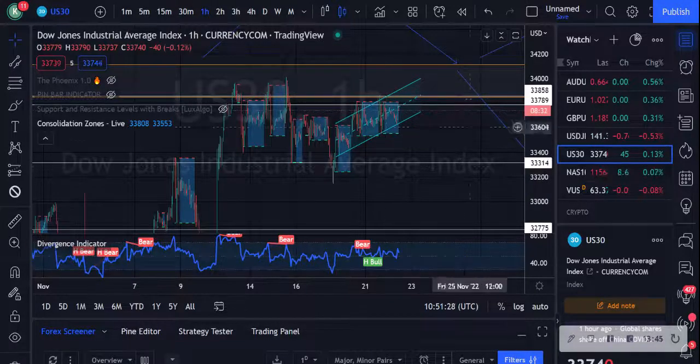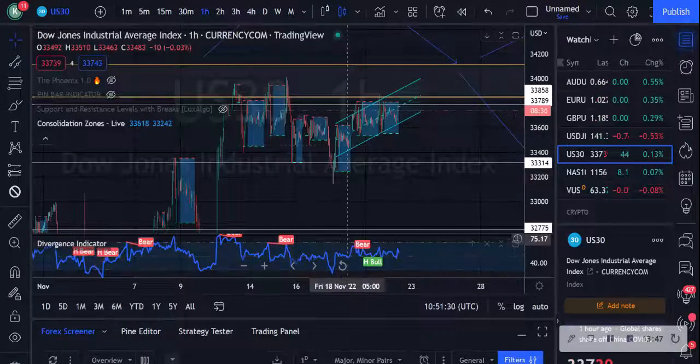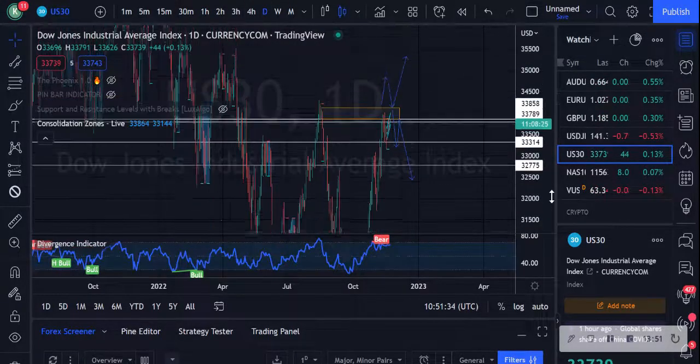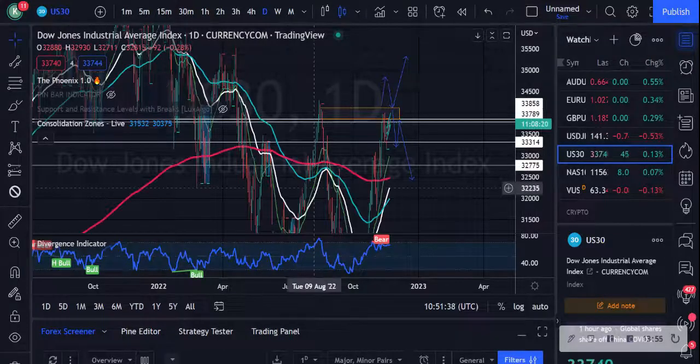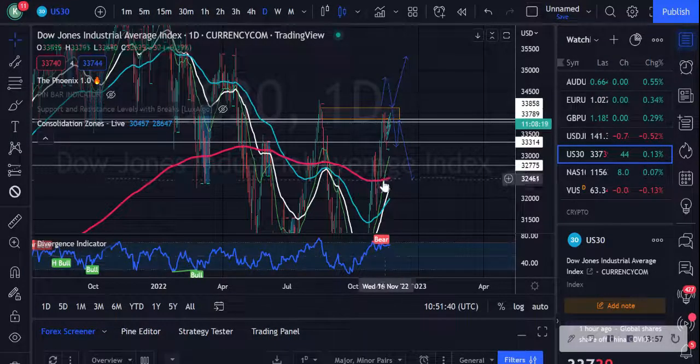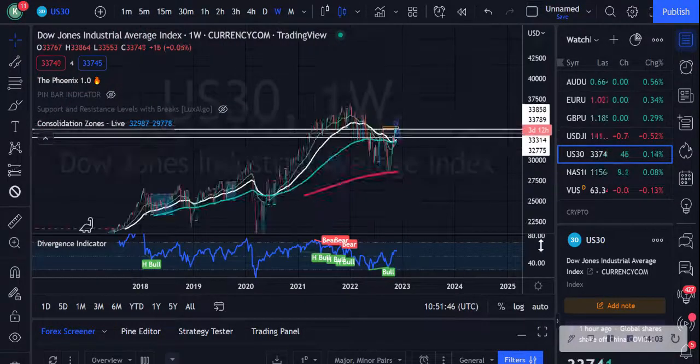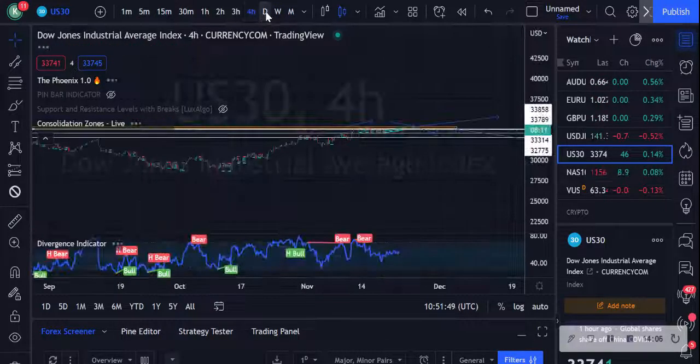So it's just about being patient and waiting for a trade to set up. But we have gone through the top down and we have seen the possible scenarios of what can possibly happen. But bearing in mind that we are basically on a daily, it is showing an uptrend. On a weekly it is an uptrend too, but I do want you guys to also bear in mind,